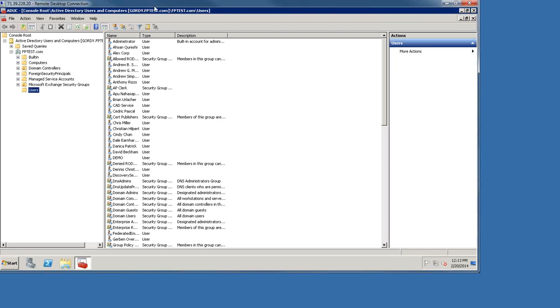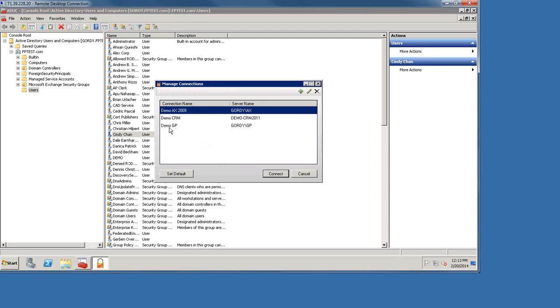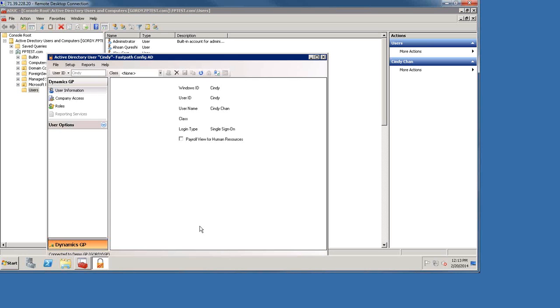you're going to notice here is if I right click on any one of these users, I am now going to have a menu item that says Configure Dynamics User. And when I click on that, it's going to call my Config AD software, and so I can go ahead and launch it. And I know some of you are already saying, oh wow, that's really cool, but there is